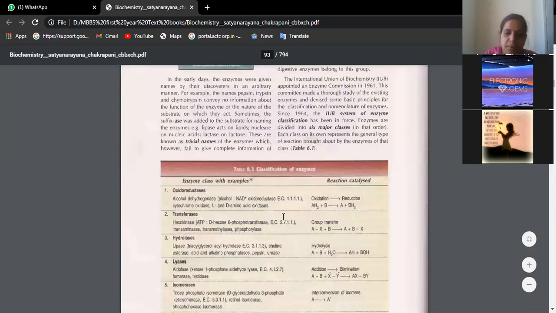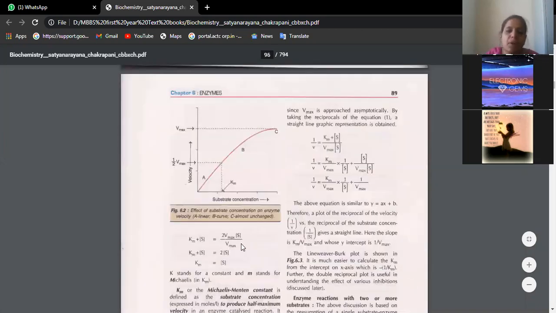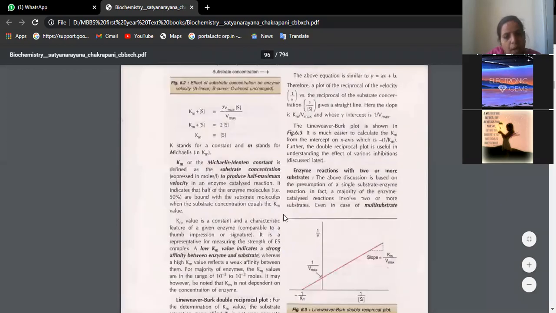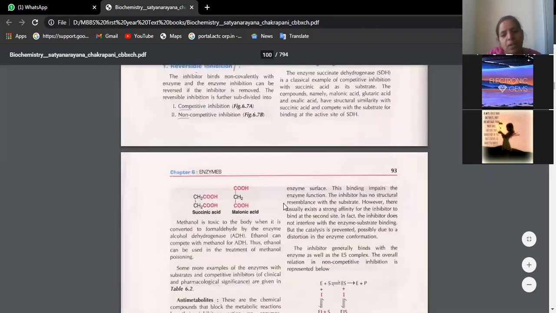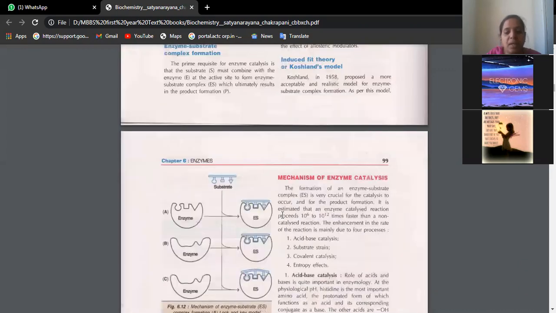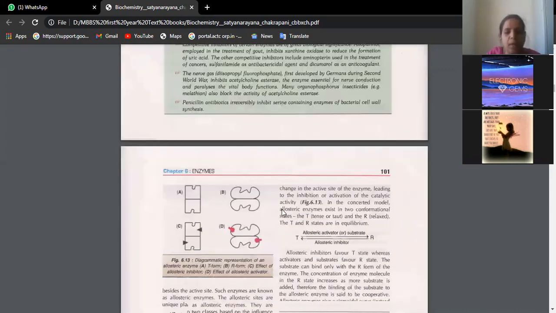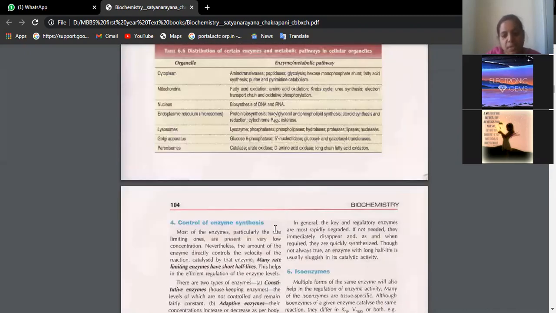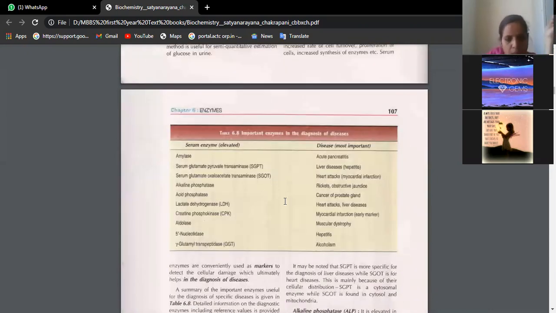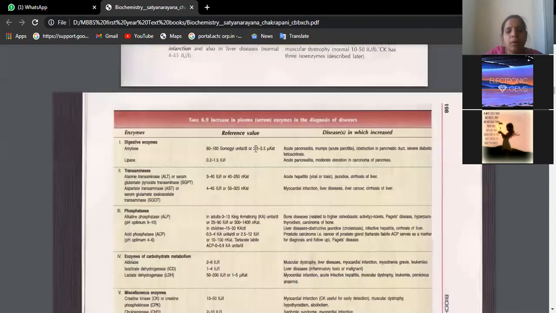After knowing the classification in this part of the question, the factors affecting enzyme action, which we have already discussed in our previous classes, is also a part of the essay. Then we have clinical enzymology, which is not included here. See what the enzymes are which are increased in various diseases. With the help of enzyme levels we can diagnose. This is a short table and I want you to learn it. In the recent class we studied the liver function test. Isn't it, Iman? Can you tell me what enzymes are raised in liver disorders?